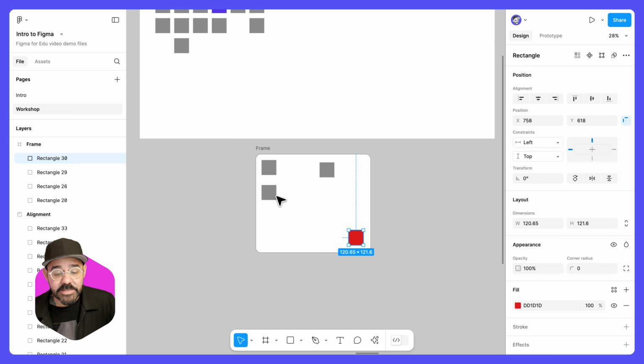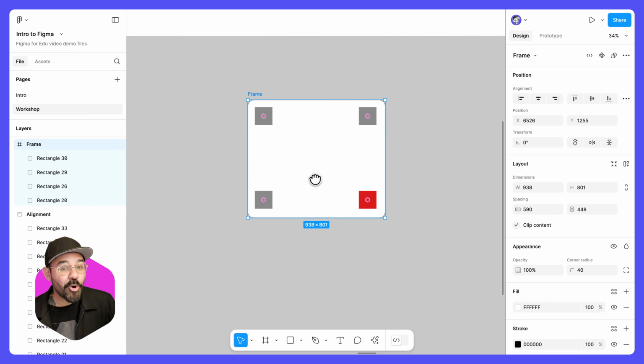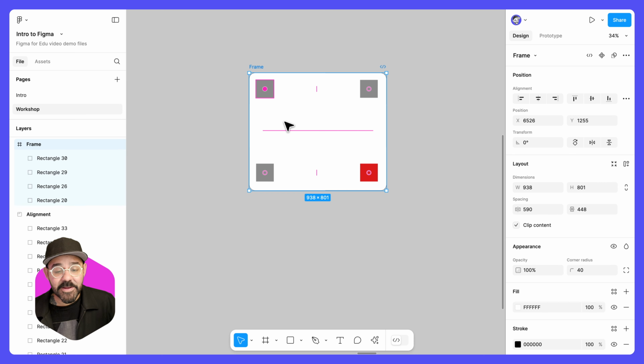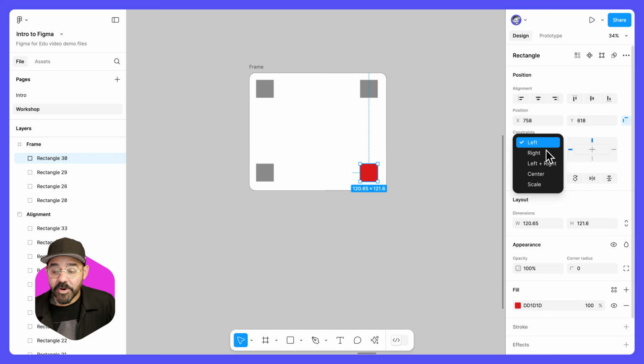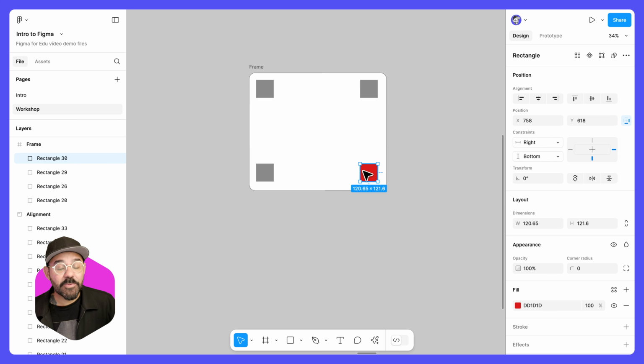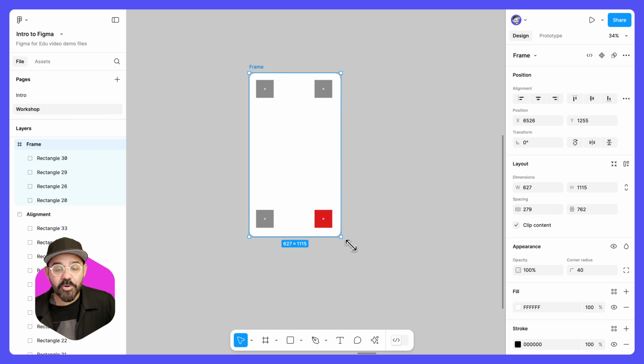What you can do is determine how an object behaves when a frame resizes, and that term in Figma is called constraints. I'm going to select this frame. I'm then going to select one or two of the objects inside. Let's select this object here. We're going to set this to left and top because we want it to follow the left and the top. This object we're going to set to the right and to the top because we want it to follow the right and the top. This object, we're going to set the right and the bottom because we want it to follow the right and the bottom. This object, we're going to say the left and the bottom, and you'll see now that they will all follow